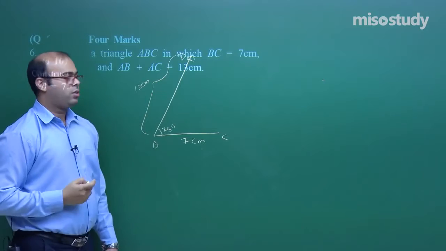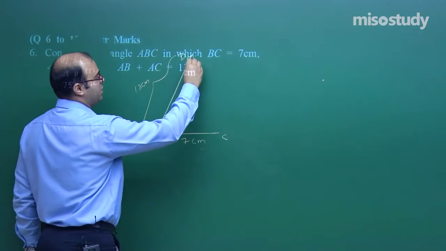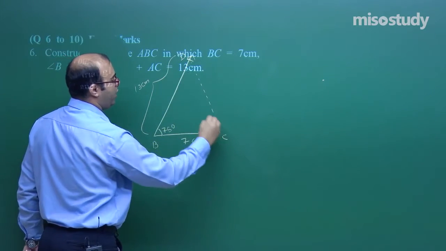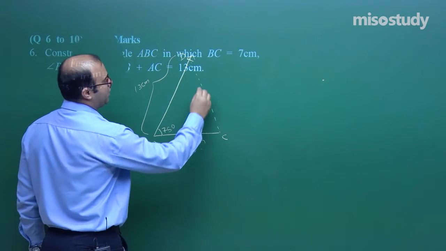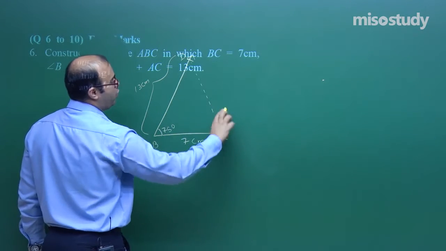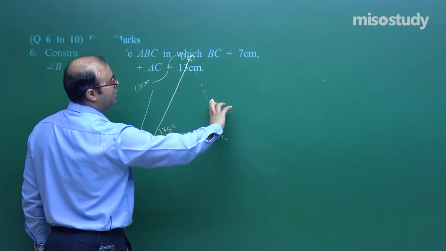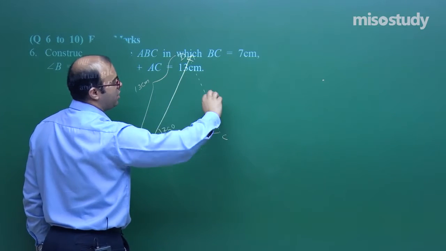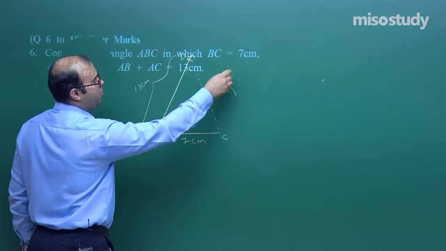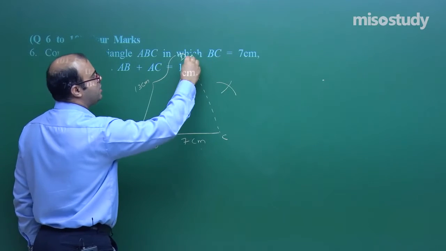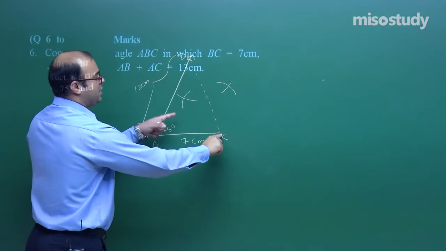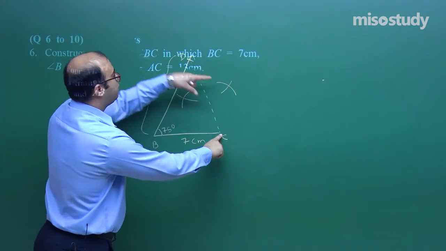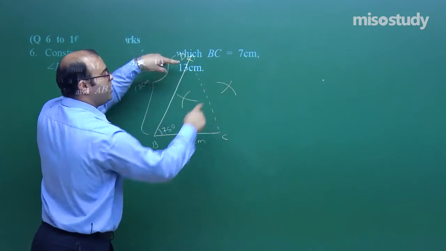What do we do next? We join D with C, students. Okay. Now after joining D with C, we take a perpendicular bisector of this dotted line. So we know how to draw a perpendicular bisector. This has center and more than half of this distance. We draw an arc. Same here from this point. So from this point as center and radius, 2 arcs. From this point as center, same radius, 2 arcs.